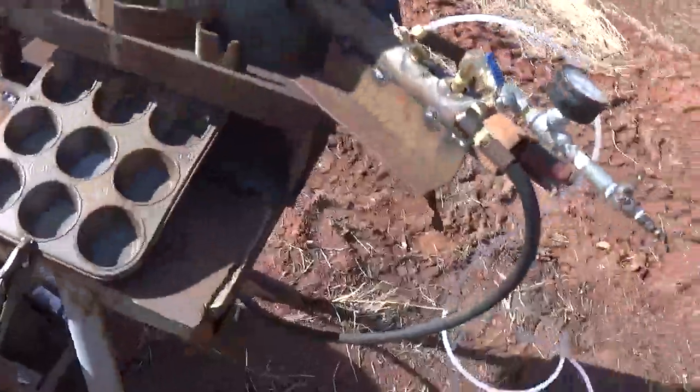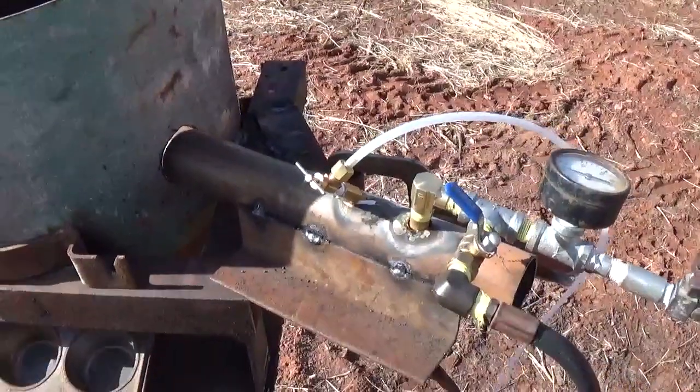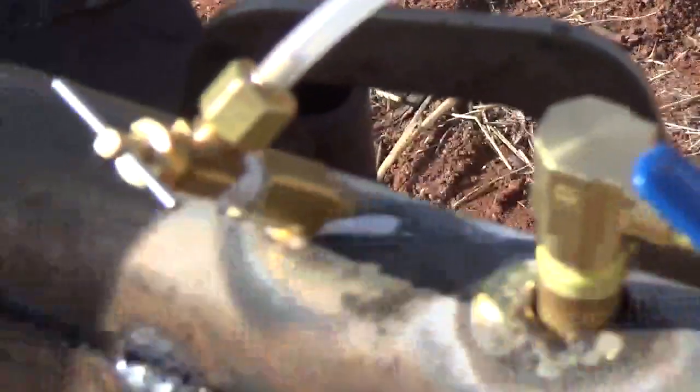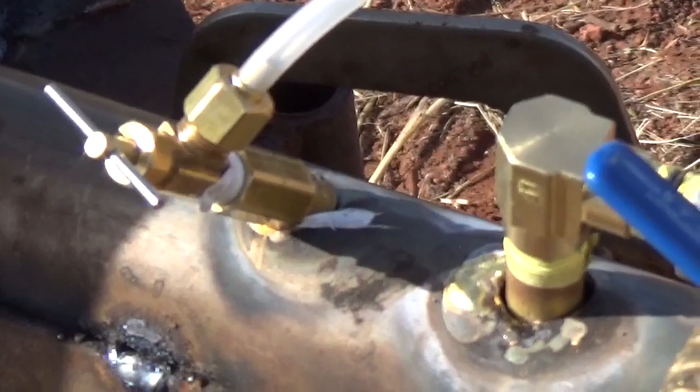Got very hot. I was trying to braze fittings on this thing, and that one for the oil feed got a little hot. Did a little test fire on this last night, and